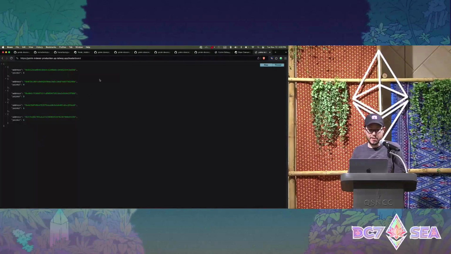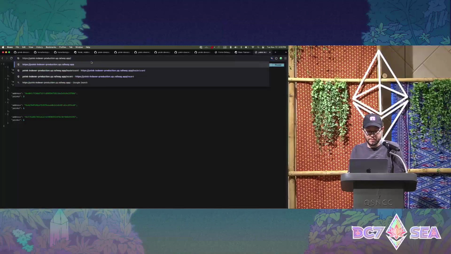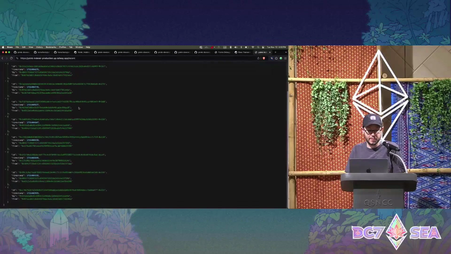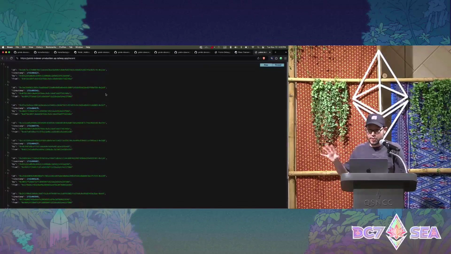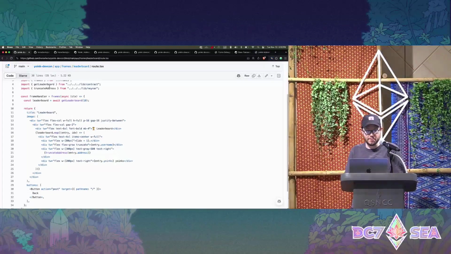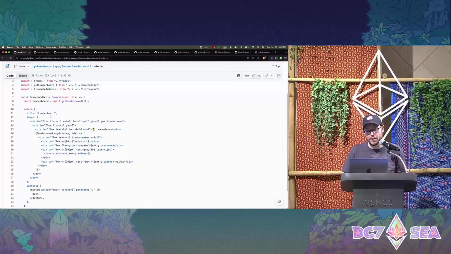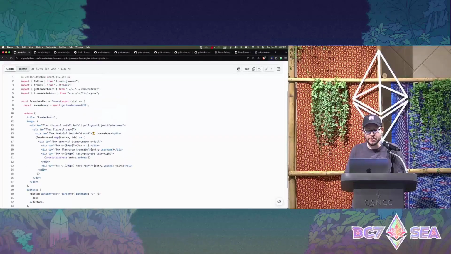as a separate API service here that we can use to read the leaderboard and read recent activity. If you're doing anything that needs real-time data, or performant data, it's a good idea to use something like an indexer to load that. So go check that out in the repo. You can see how to interact with that API, load the data from that API, and build out a leaderboard route.